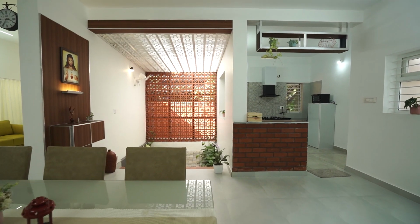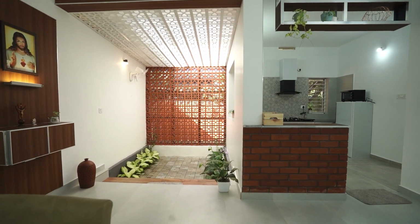There is a beautiful courtyard with Jali structure. Enclosed to this area,